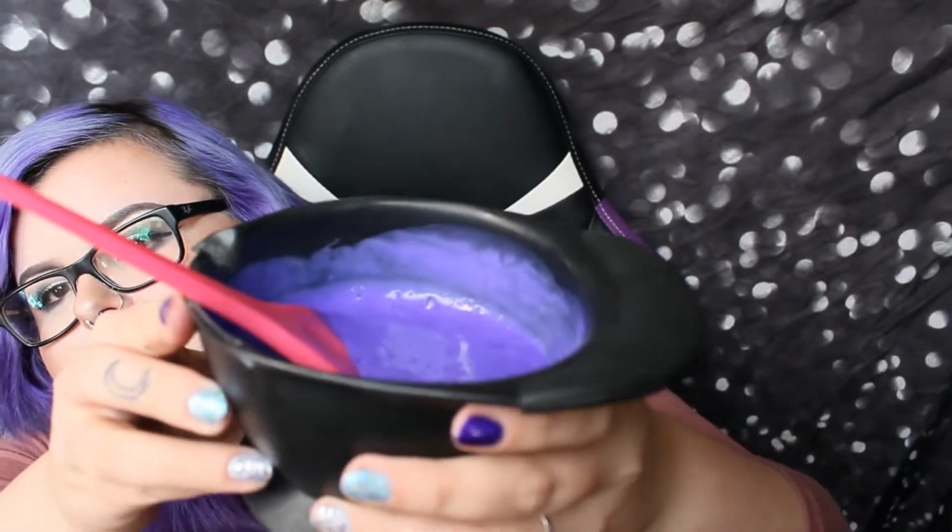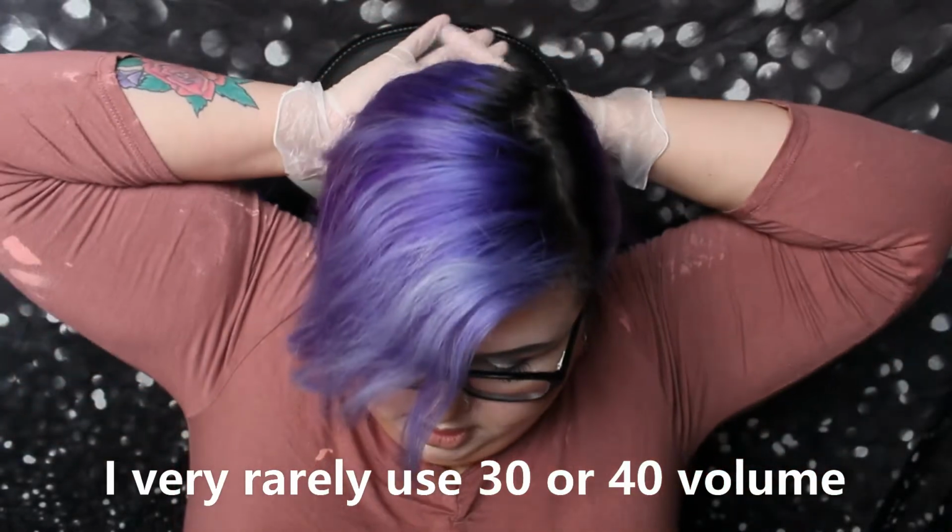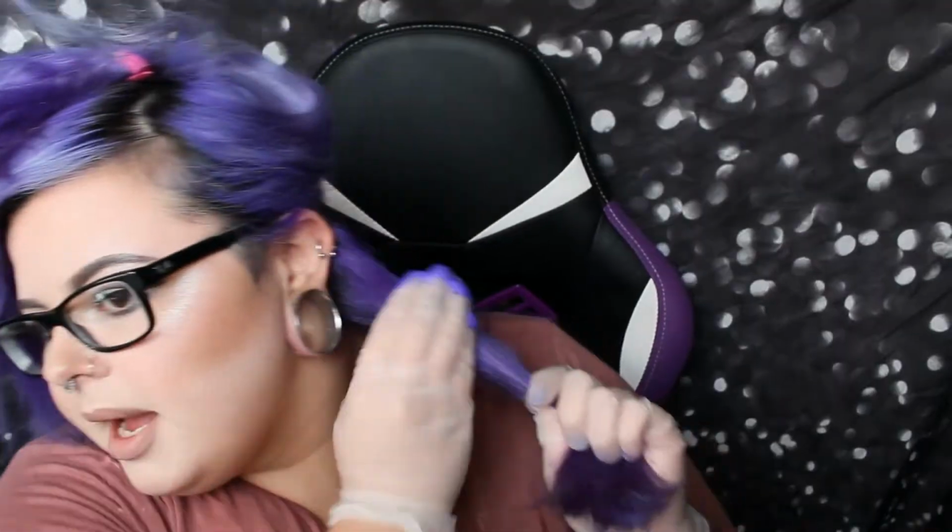Here's the concoction. Since this has developer in it, I don't want it to lift my natural color, and it might. So I'm gonna make a note real quick. I've seen a lot of videos where people were using like 40 volume on their hair. Please, for the love of God, don't do that. I do hair for a living and I don't even really go above 20 with my hands because